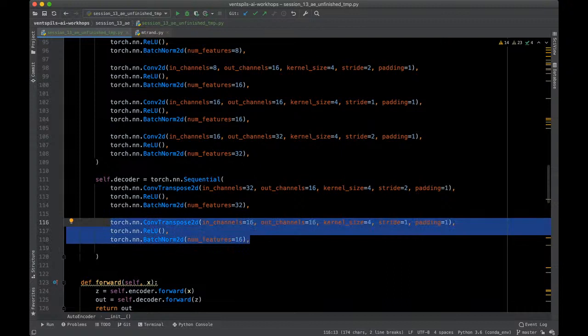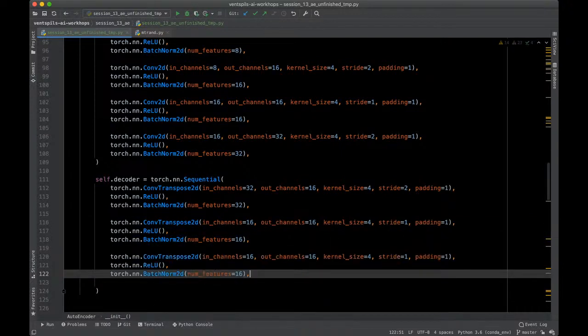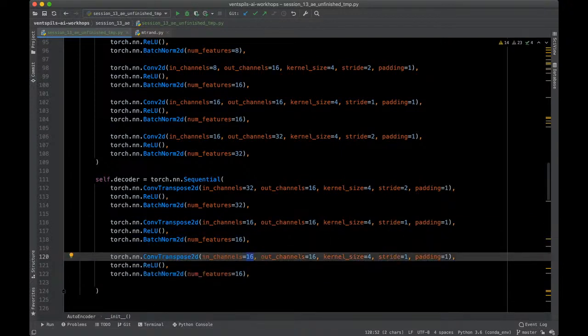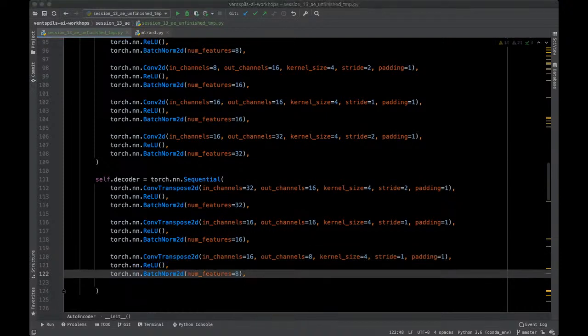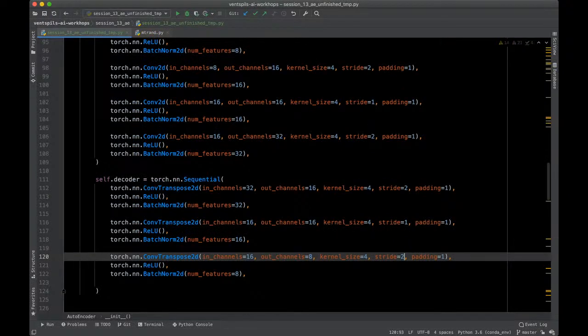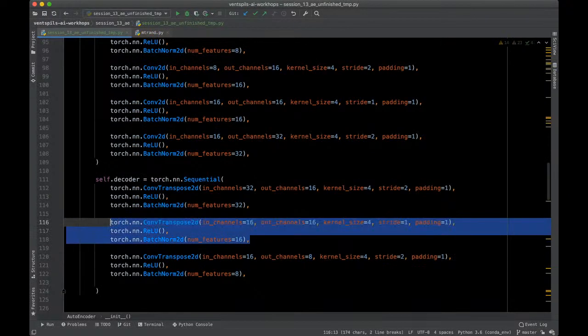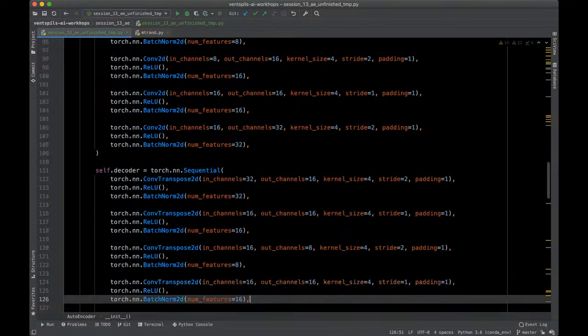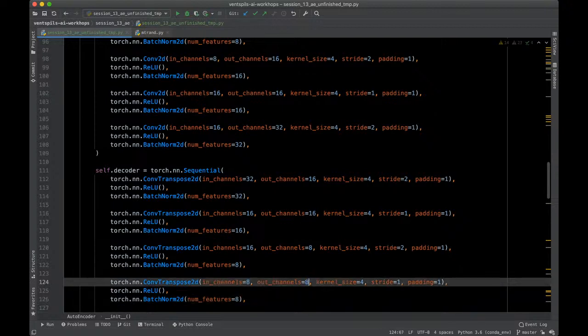So here, the next one is 8. So the 6 to 8, 6 to 8, 6 to 8 again. There's 4, 1, 2. Okay, then the next one will not change again. This is going to be the 8 to 8. The channel size will not change. 8 to 8, then from the 8 to 8 there